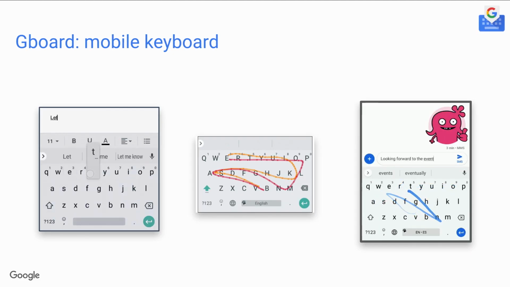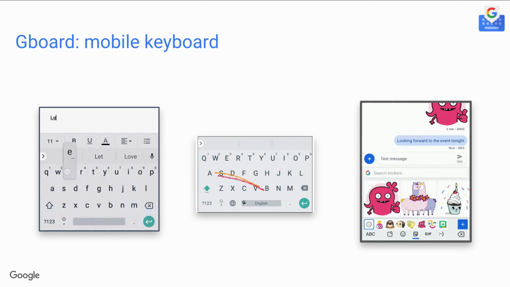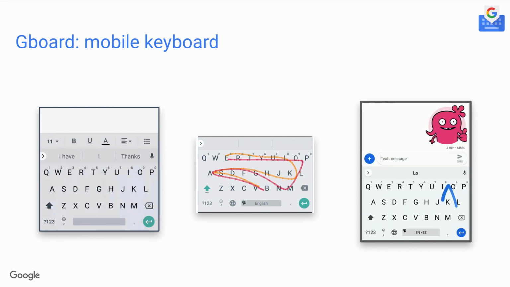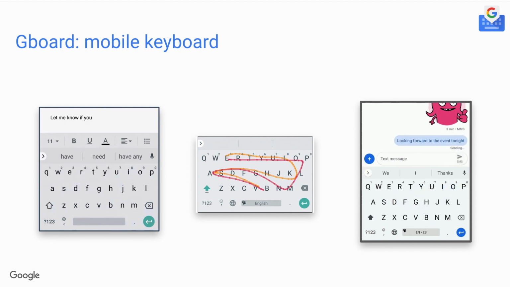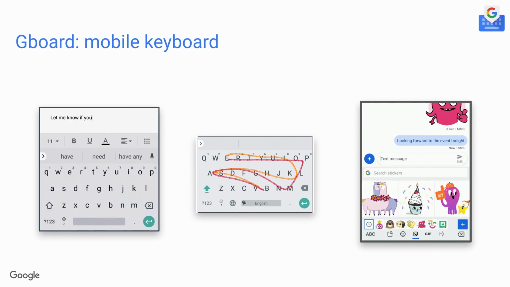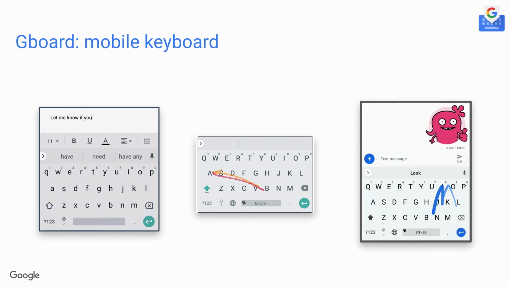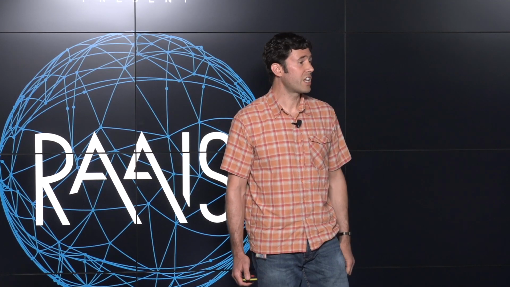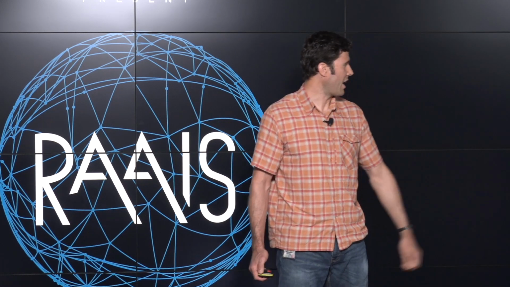Another major application is in Gboard, Google's mobile keyboard. You probably don't think too much about your mobile keyboard, but the fact is you also probably use it a lot every day. And you've probably noticed that text entry is slower than on a physical keyboard. On the plus side, sharing cute stickers is much easier. But under the hood, Gboard is powered by a bunch of different machine learning models that power different parts of the experience. And the team has been working since 2016 to develop and evaluate models using distributed, decentralized data.